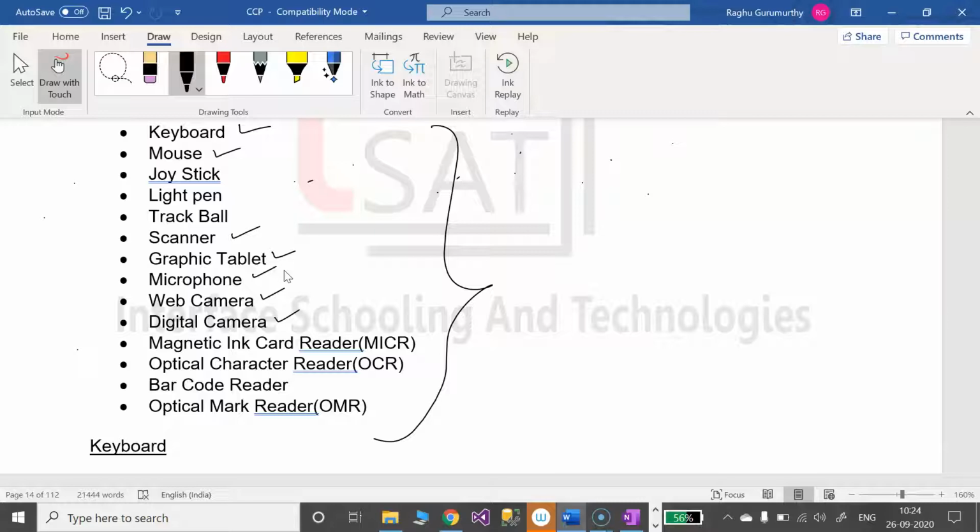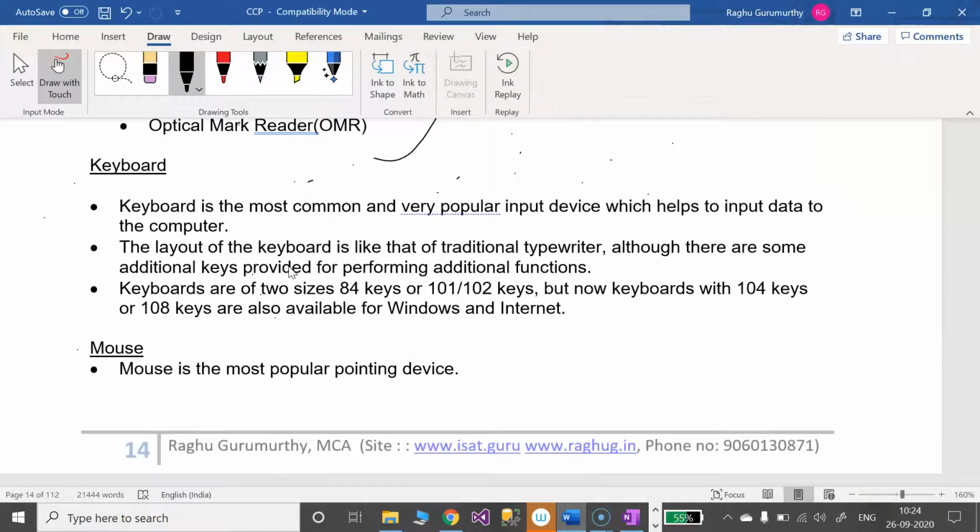Later, if we go in detail with respect to keyboard, keyboard is very popular. Of course we all know that. Earlier the traditional typewriter acted as the predecessor for the keyboard.